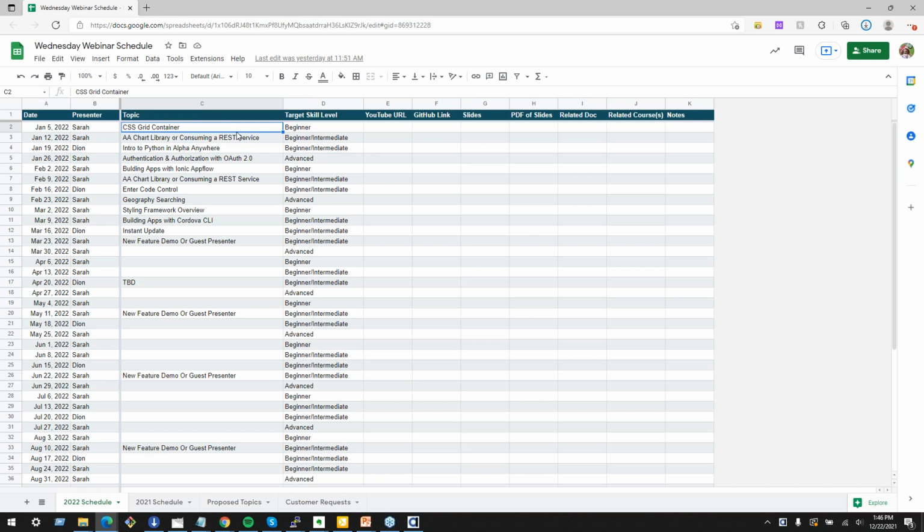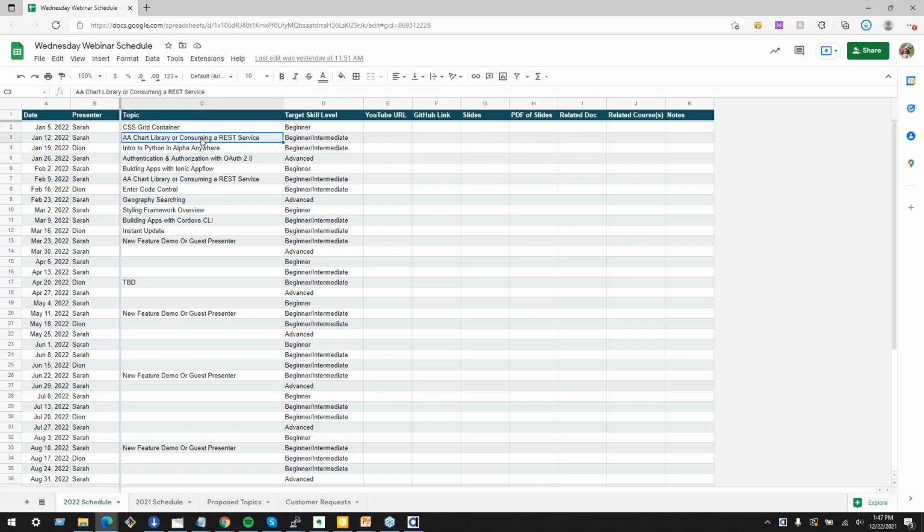It's got the CSS grid container, which lets you do a flexible layout that looks like a table, but isn't using table tags. And then also this enter code control that is an interface you can use to capture a two-factor authentication code from somebody, and it has some cool little features in it that you can use to, like, shake the control if they entered it wrong and stuff like that. So we want to demo those starting next month,